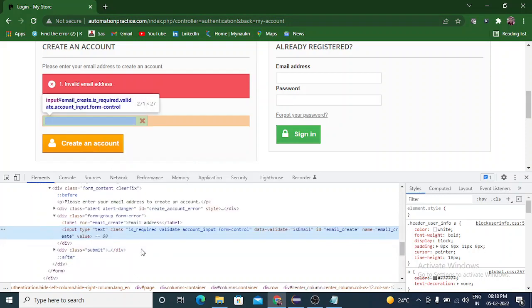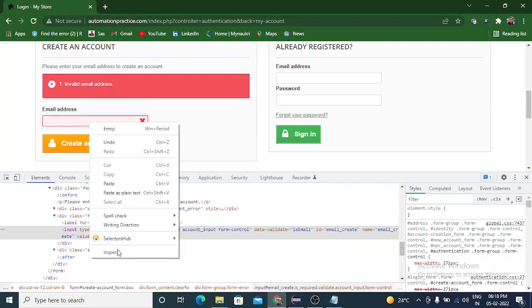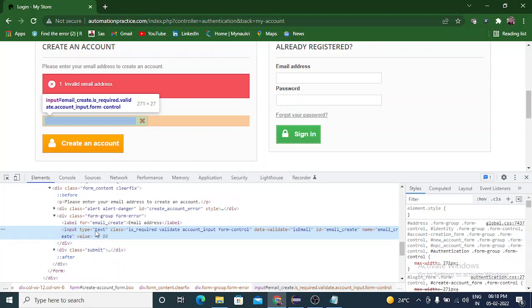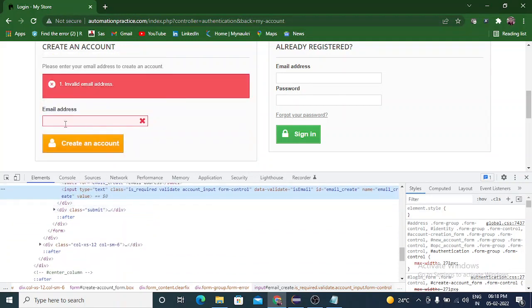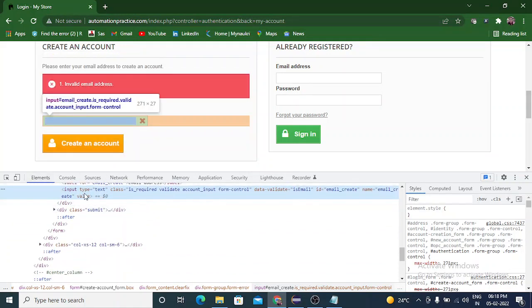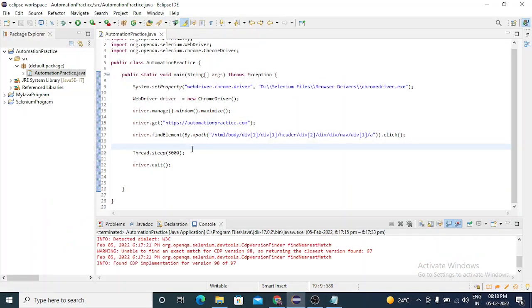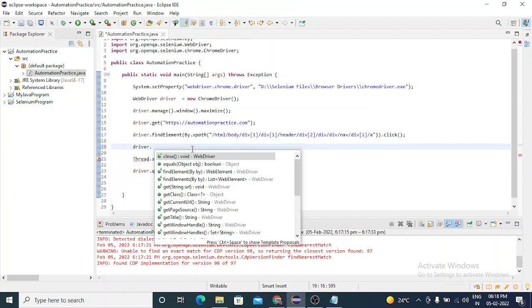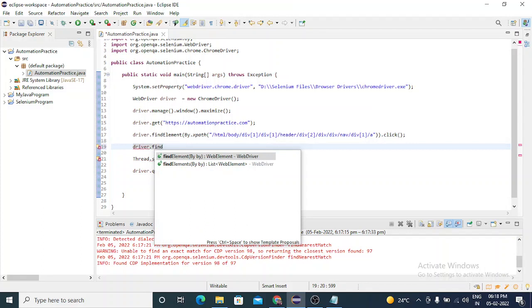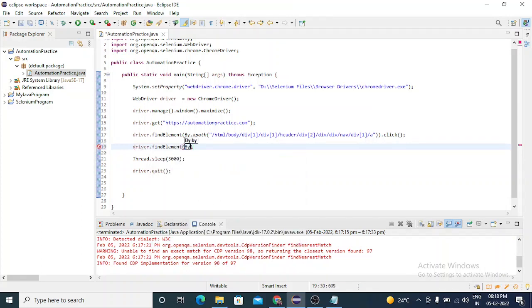So again inspect this element. This is the input. We need to input something over here. Here you can see type text and data ID. So the ID is present over here, so I'll use ID. Same: driver.findElement(By.id.